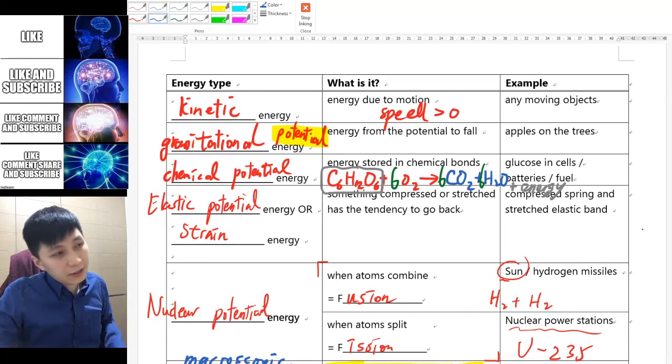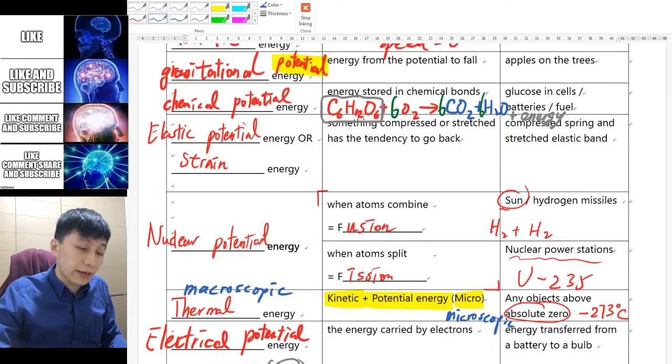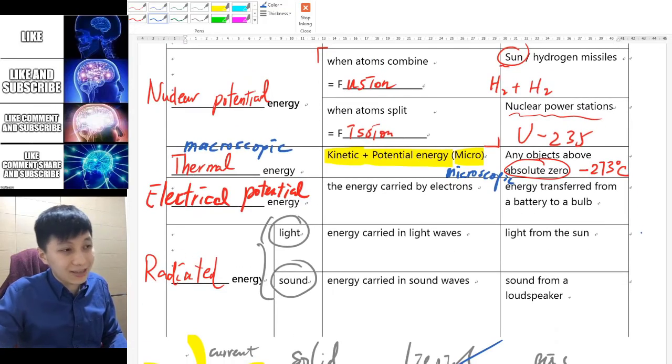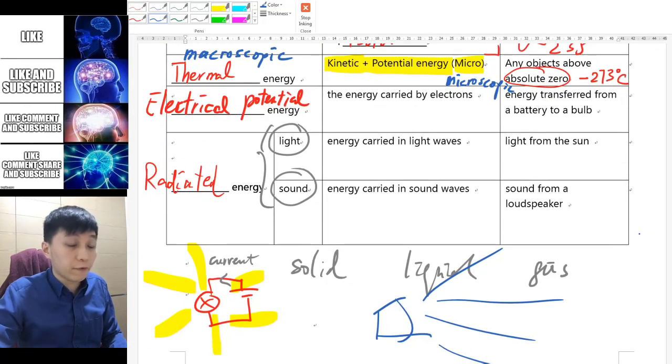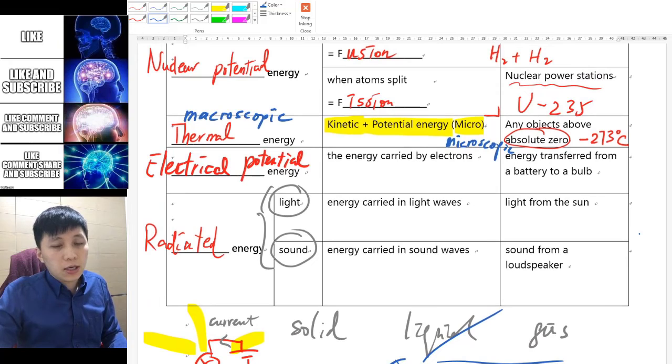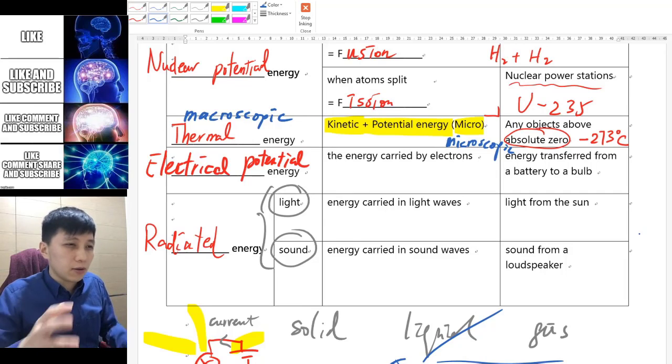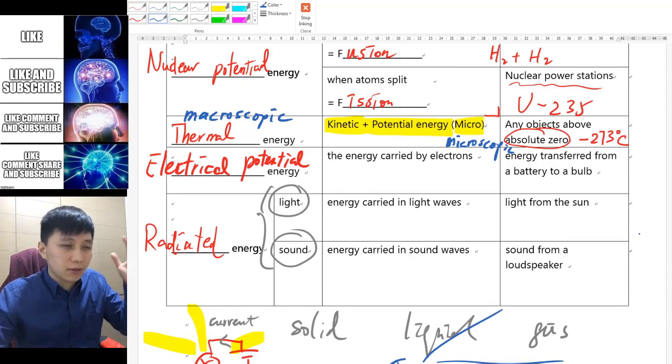So here you have it. These are all the energy types that you may have, and you can use these names to describe different forms of energy later on. In the next video on the playlist, I have included another video which tells you more about these different forms of energy using animation. So make sure you watch that as well